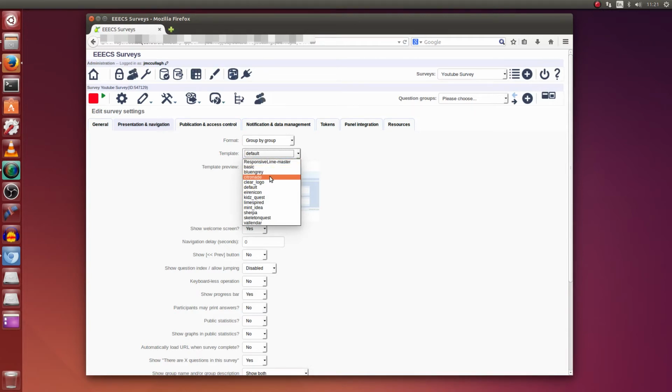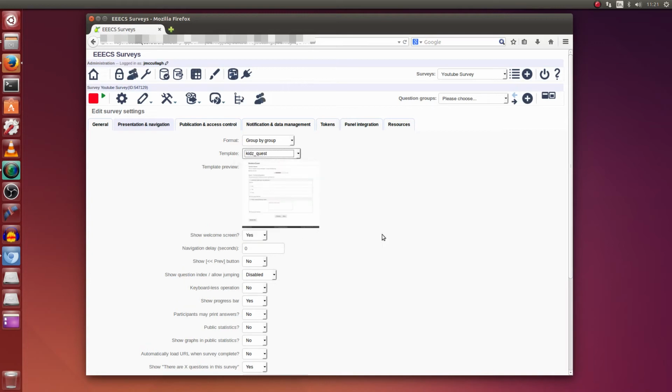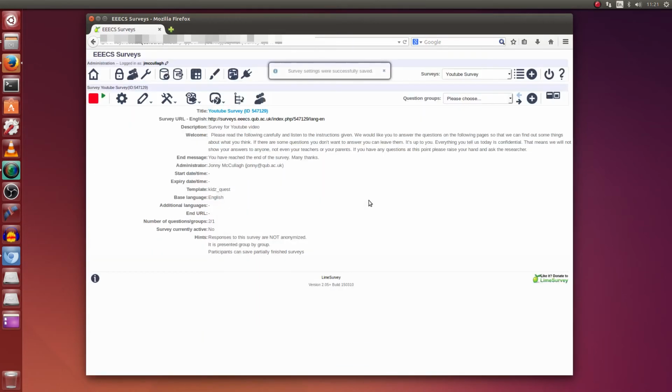So it comes with a few templates built in, and I've created one myself called Kids Quest. That was originally, it's just an amended version of Skeleton Quest. So I'll upload that to my GitHub repo just in case anyone else wants to use it. So if I choose Kids Quest here and save the survey, I should be able to go in and test